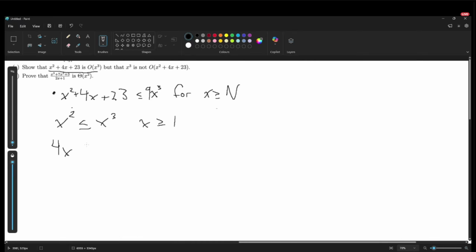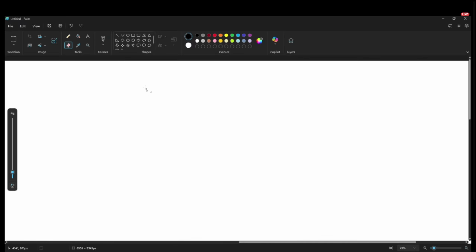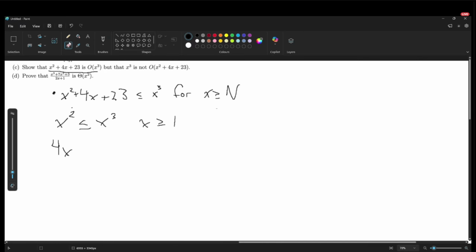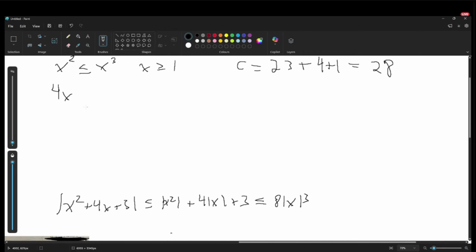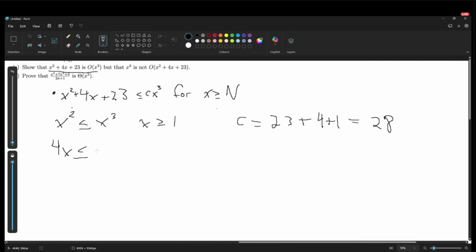Yeah, each term is the highest power. Yeah, that also works too. That's basically what this is doing right here. So if you made it the highest power, then this would be c, and you'd probably have c be equal to 23 plus 5, or plus 4 plus 1, to be more exact, which would be like 28, right? And then you'd have 4x is less than or equal to 4x cubed, and then 23 is less than or equal to